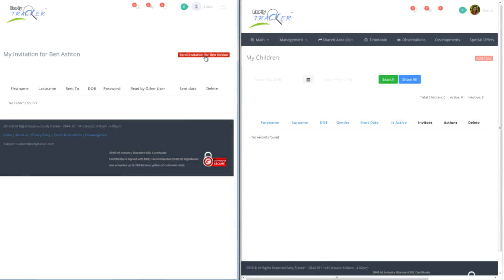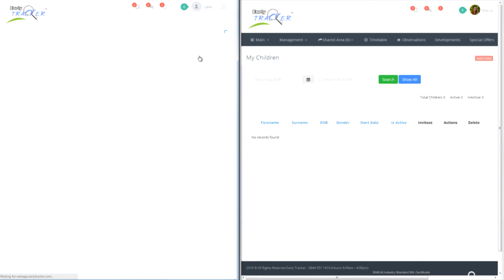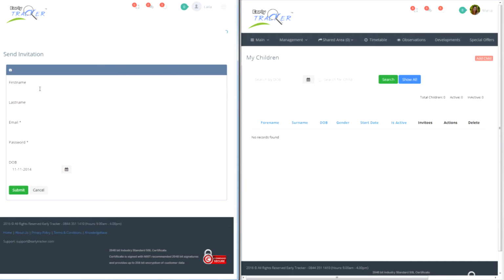So I'm going to click on the button above here that says send invitation for Ben Ashton, and in here I need to put in the first name of the carer, so I'm going to put Maria. Her last name is Ashton, and her email is Maria at